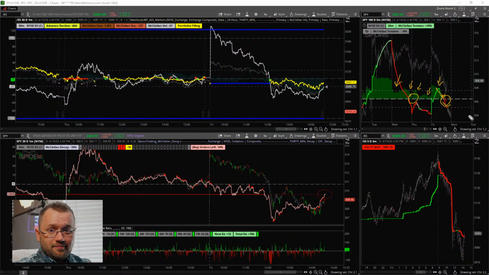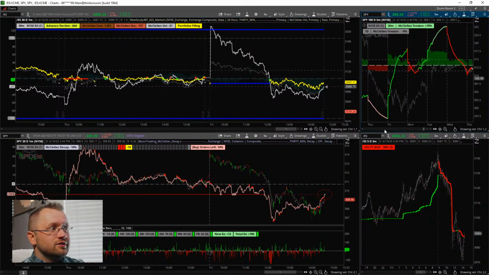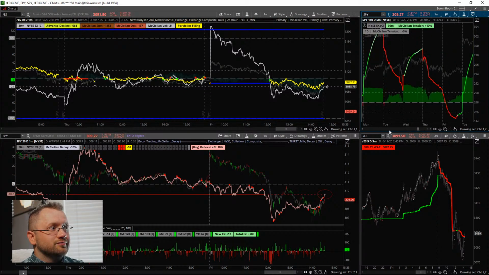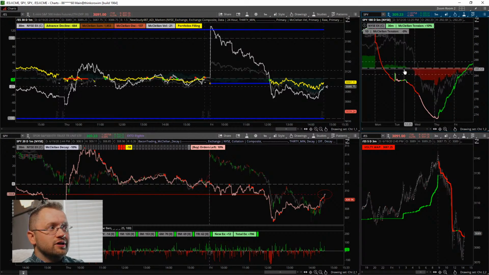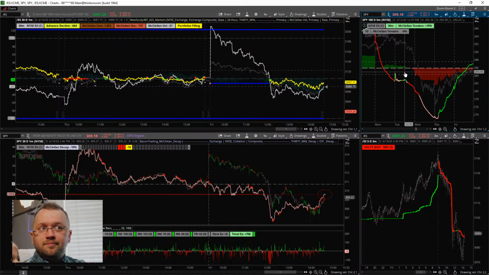They're having a hard time. The bears are having a hard time. They're getting everything they wanted, but this looks to me like they're having a difficult time making it stick. I mean, if we had seen this push under and it was obviously switching under, maybe let's find a spot where it was switching under. Yeah, right. See, it switched and it stayed. And then we could say, okay, they're doing a great job.